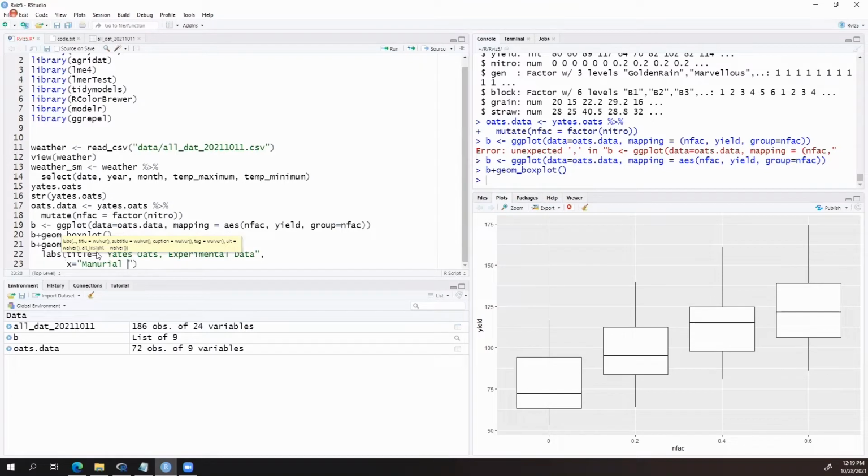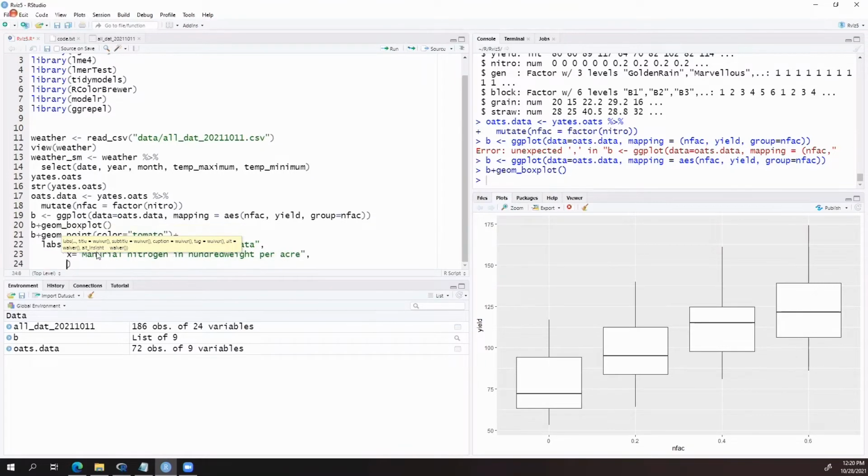But that's what it says it is. I think it's especially helpful that we know that the units for this are in hundredweight per acre. And then we also need a Y label. So that will be equal to the yield in 1/4 pound per 1/80th acre.